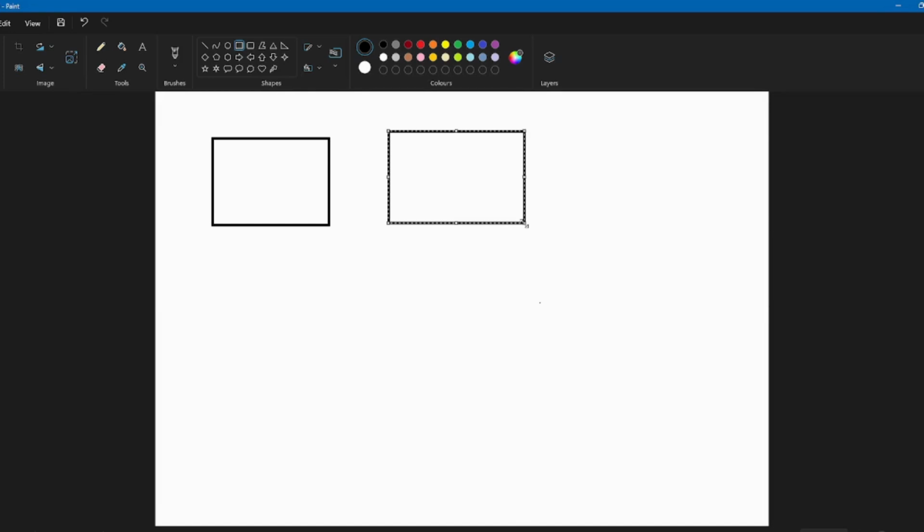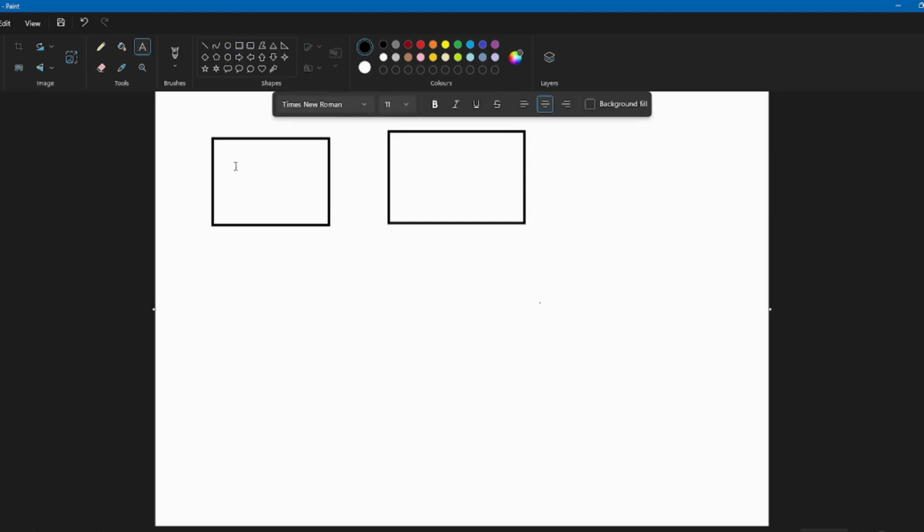Now, let's say I need to store the number 1. So, I use this box to store this number 1. Let's say I want to store the word hello. For storing the word hello, I'm using this box. Now 1 and hello are not the same, right? 1 is a number and hello is a word, a series of text.